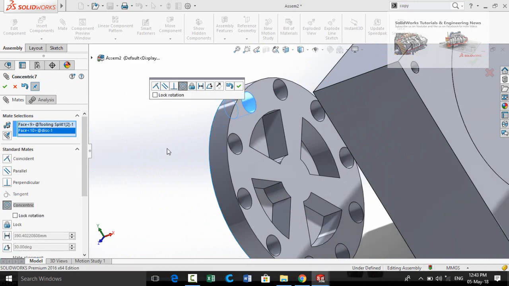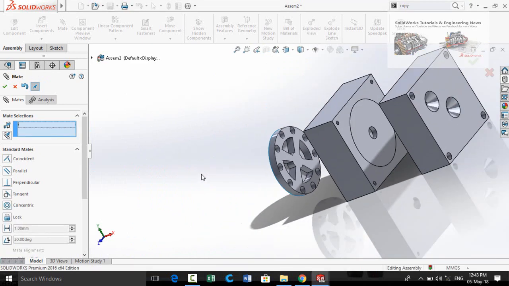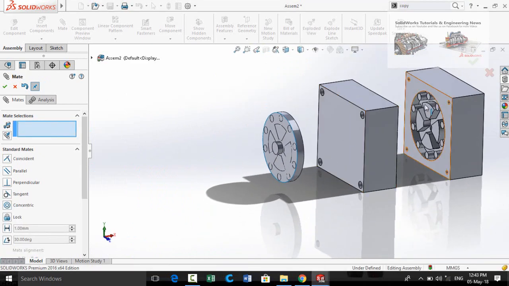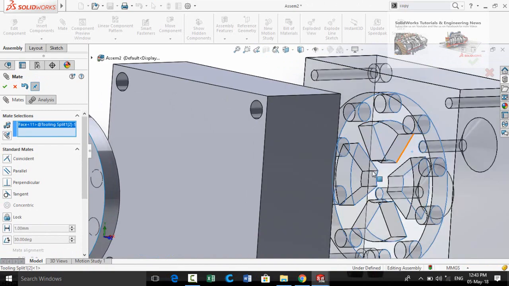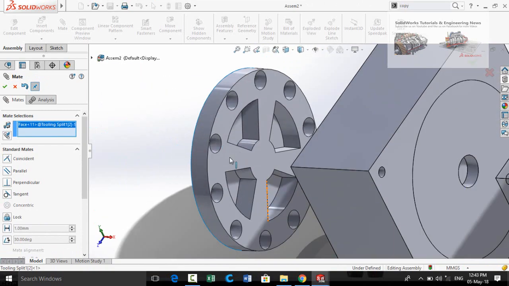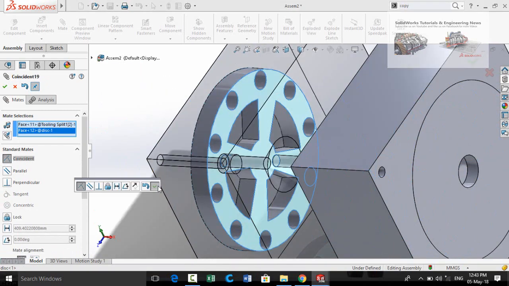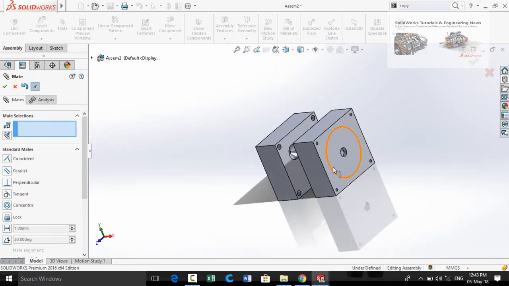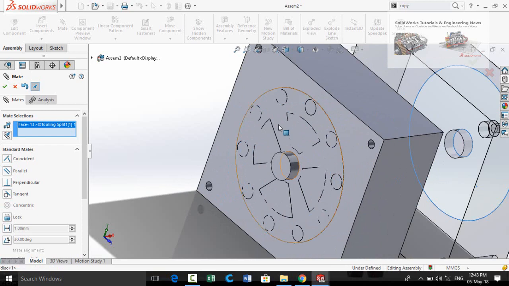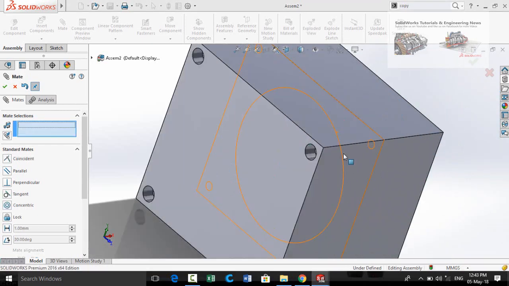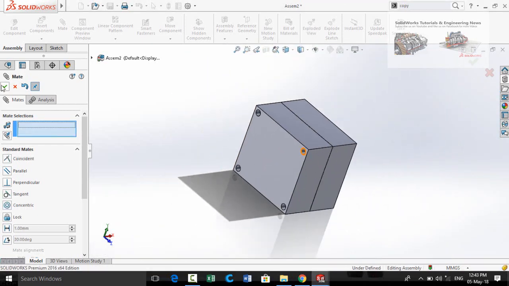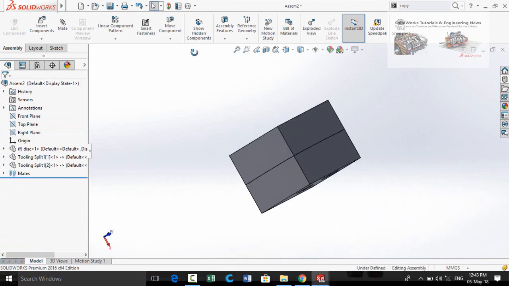Again select concentric mate and press OK button. Now select this face and this face of part. Press OK button. Then select this face of core and this face of part and press OK button. From here again press OK button.